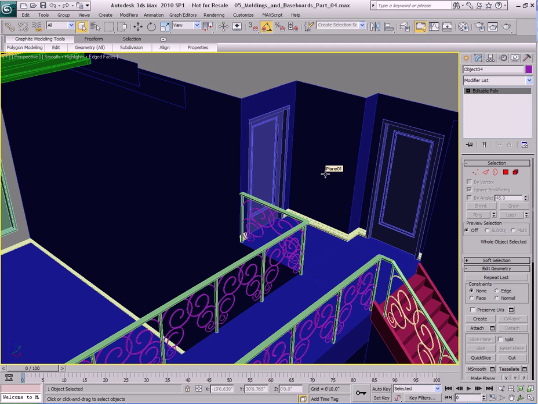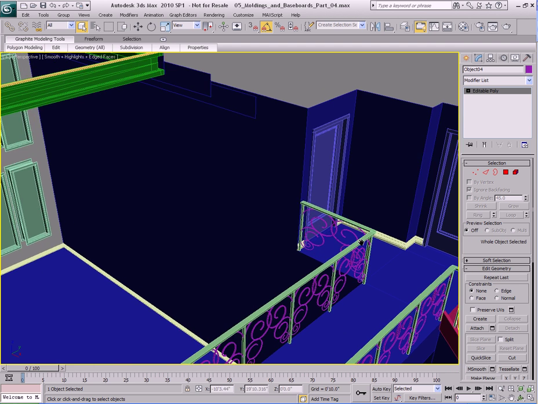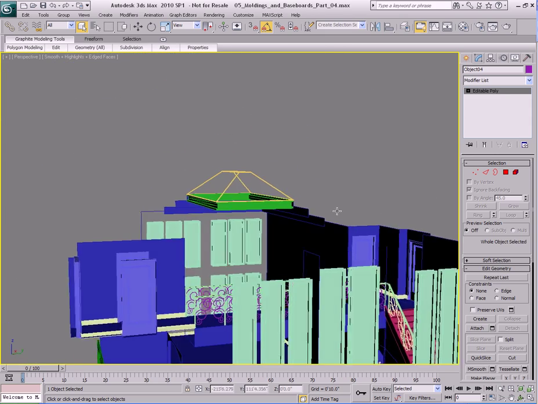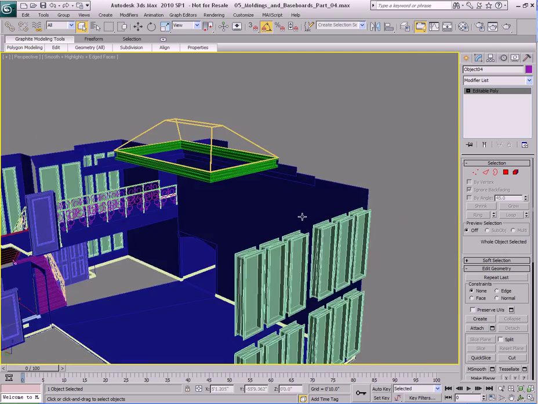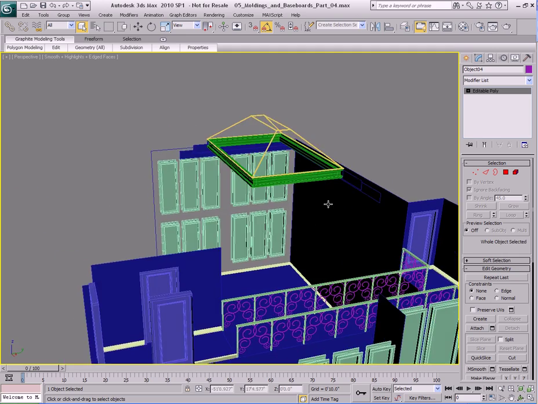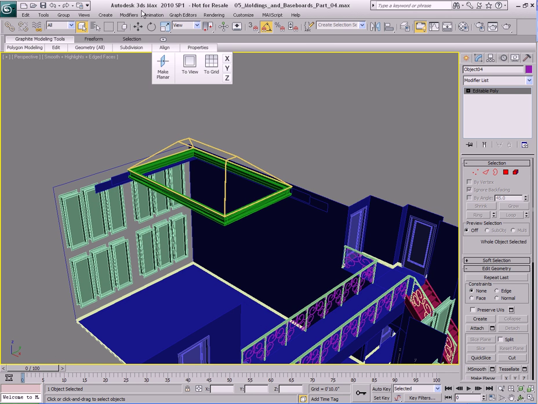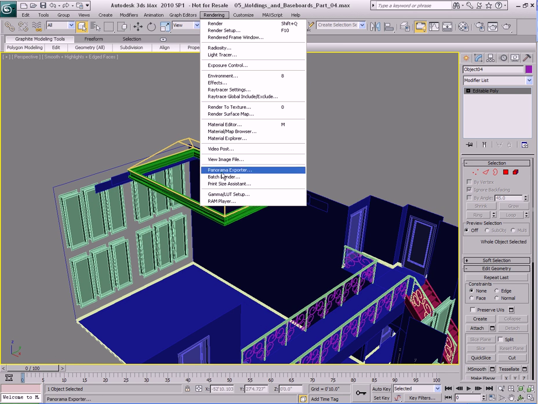We've seen some techniques for building the baseboards for the floors of our interior structure here. Now I'm going to show you a different technique, a technique that's going to be extremely useful for doing the moldings. Okay, and if I go over here to View Image File,